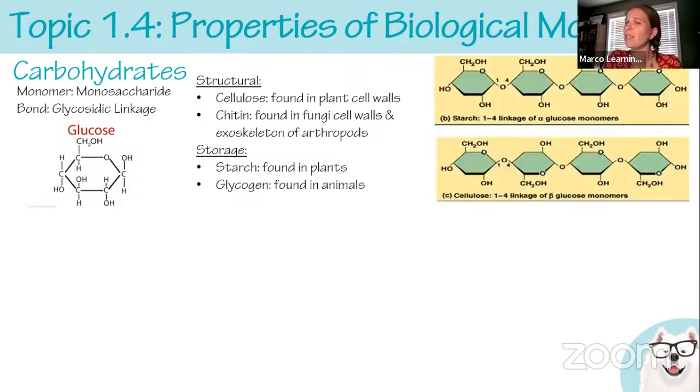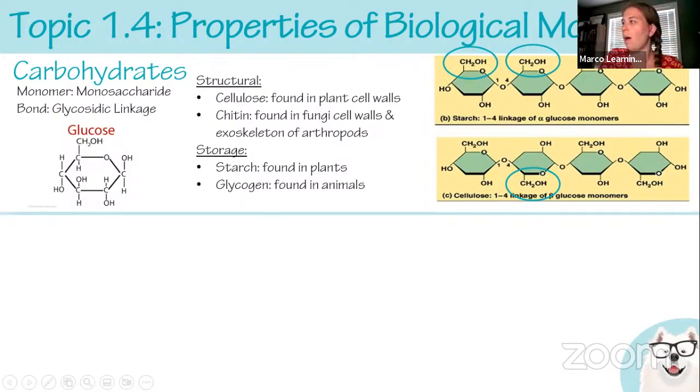And so when we think about this, it's important to understand that these bonds are slightly different in these polymers. If you look here at starch, it's got a 1,4 alpha linkage. That means that these side groups, these CH2OHs, are on the same side, is really what it comes down to. Versus cellulose, which is going to be a beta linkage, so the structure flips over and over. Now, you don't have to know that, but you do need to understand that